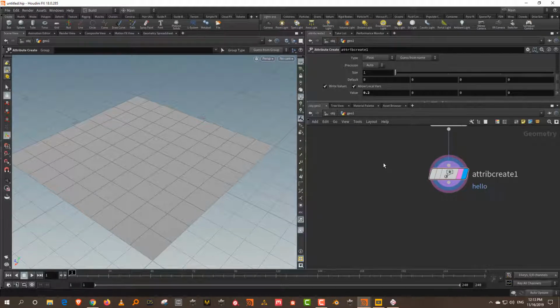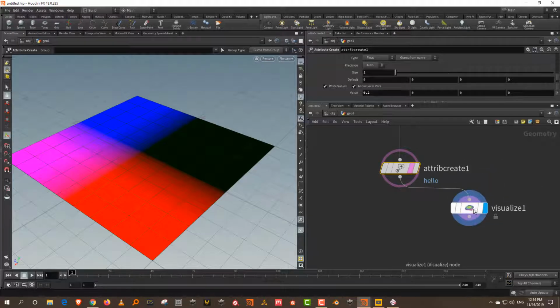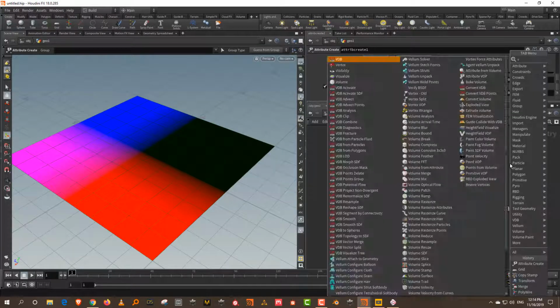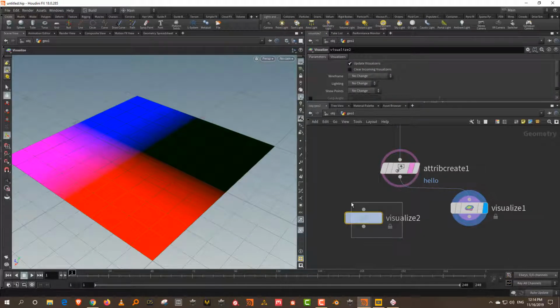Is there a way to see this in the viewport? There are two ways to see this. One is you can see it in the viewport, and another is you get something called a geometry spreadsheet, which will give you a breakdown of your geometry, and you can see attributes there as well. So first let's see it in the viewport. I can just select this and press X, and X gives you what is called a visualize node. You can also take it manually, but X is a nice enough shortcut.